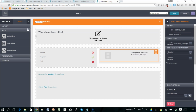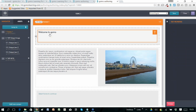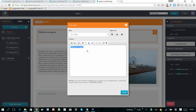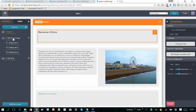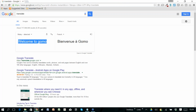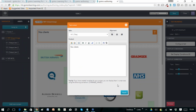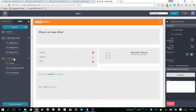And then we'll jump into topic 1, and we'll go back to the first screen. Welcome to Gomo. I've just translated that. I know it's Bienvenue, like so. Topic 2 was our customers, so page 2 was our customers, so we'll copy that and stick it into Google Translate. No client, like so. We'll copy that, drop it into Gomo, and then